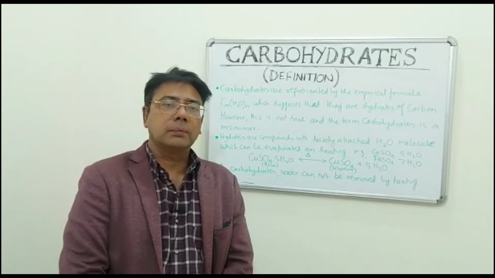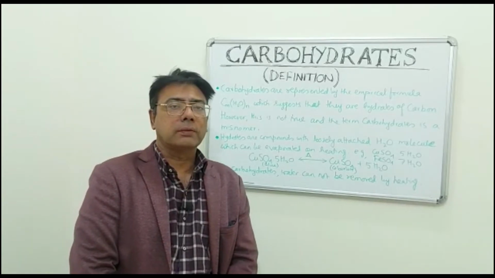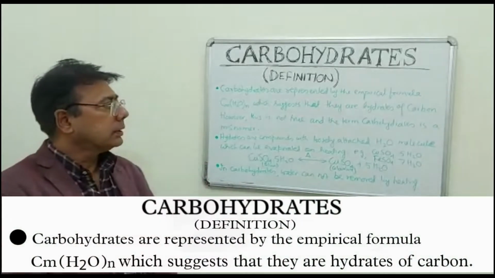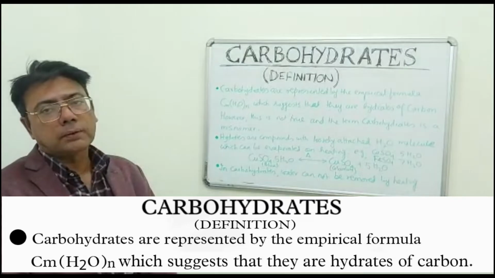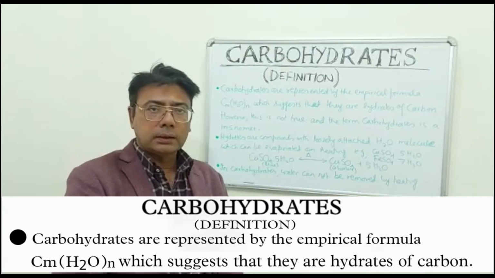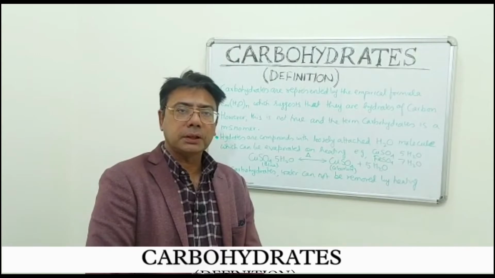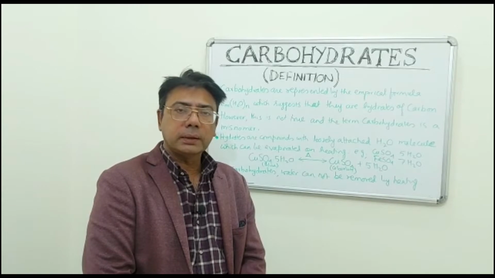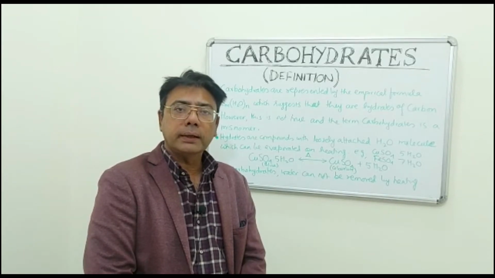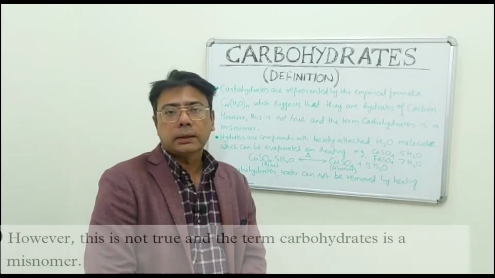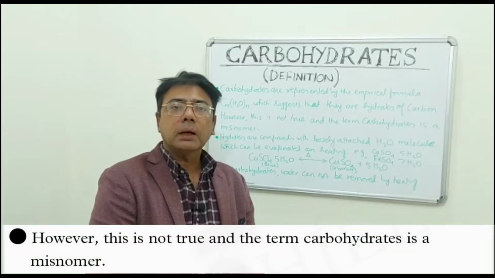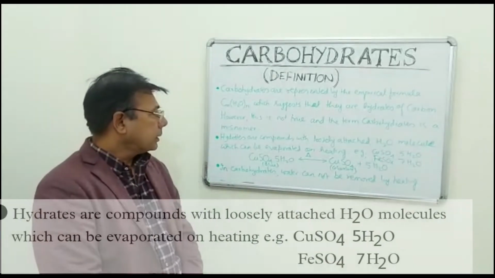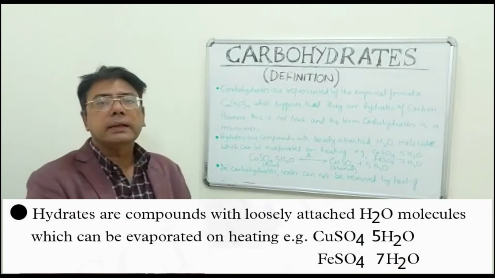In the series of videos on biomolecules, today I am going to start with one major class of biomolecules, that is carbohydrates. As you see, carbohydrates have an empirical formula of CmH2nOn. This empirical formula gives an impression that carbohydrates are hydrates of carbon, and because of this attribute they have been named carbohydrates. However, as you will see, this term is a misnomer because carbohydrates are not hydrates in the strict sense. As you know, hydrates are any compounds which have loosely attached water molecules